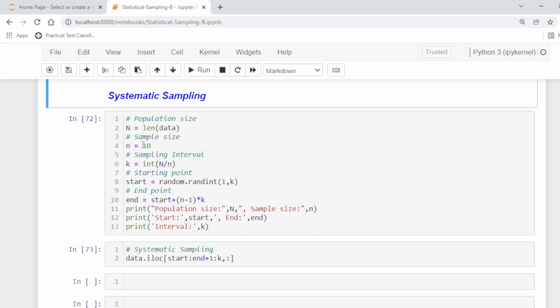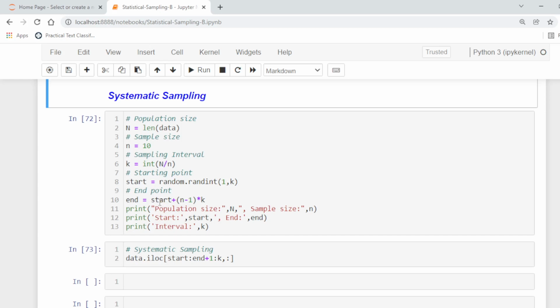Let's say our sample size is 10. Then the sample interval will be equal to N divided by small n, the sample size. This is k, the sampling interval. And let's say we select some random point between 1 and the interval. From this start point we will start the selection. This is the end point, because this is actually an arithmetic progression, so we can calculate the nth term.